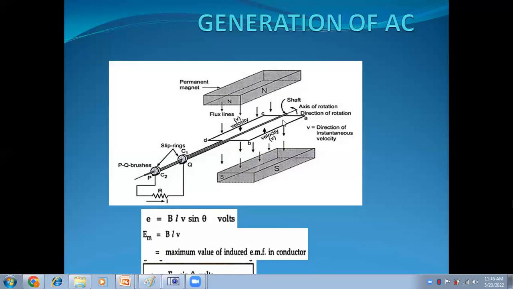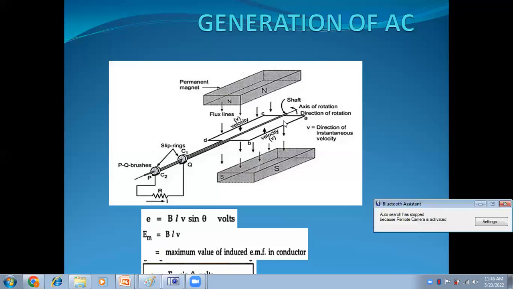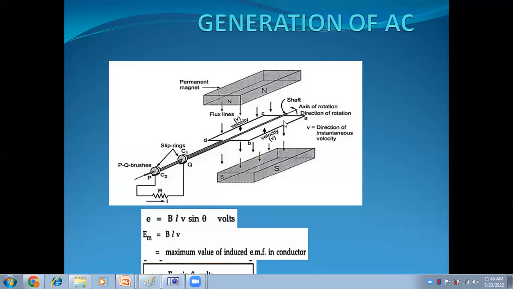If it makes an angle of 90 degrees, maximum EMF will be induced. Likewise, depending on the position, the magnitude of the EMF induced changes, and it behaves as a sinusoidal waveform. The EMF drives the current through resistance R. Thus, if theta is the angle between the velocity component with respect to the plane of the flux, then as theta